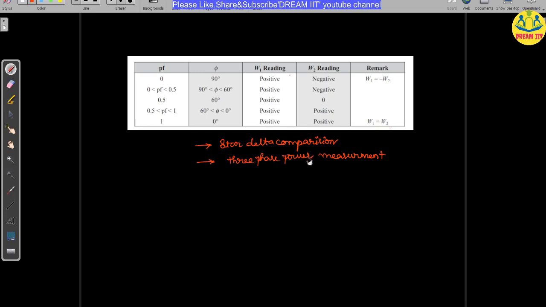So these are the questions they are going to ask in the external exam, and you have to keep the concept of what is the meaning of the balanced load and what is the meaning of the unbalanced load. That is also very important. So what is the meaning of the balanced load and what is the meaning of the unbalanced load? These are the questions they are asking in the external exam.